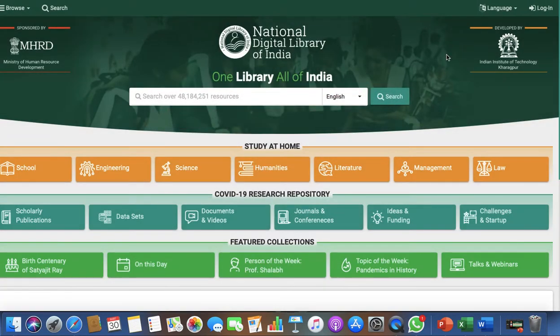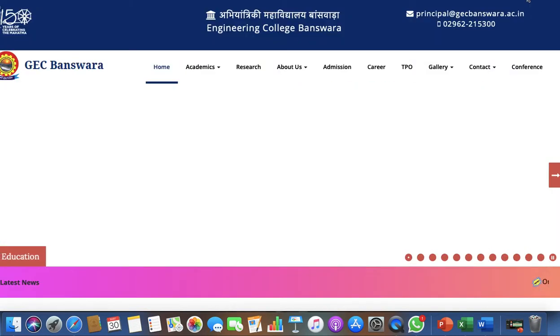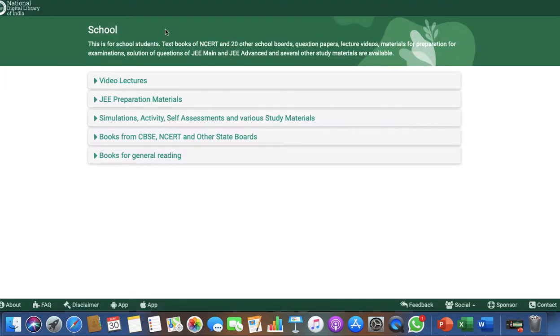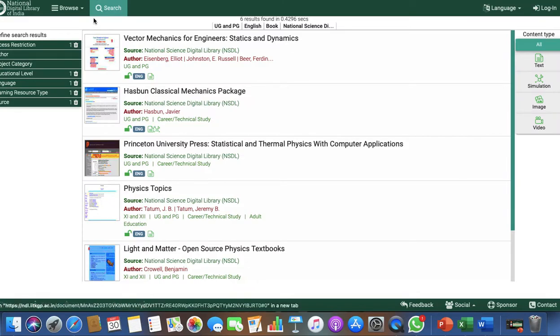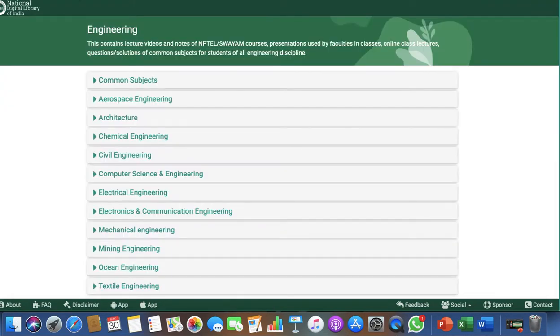Now, what kinds of things can you do with the help of this library? If you are a school student, you click here, and that will automatically send you to another page for school.